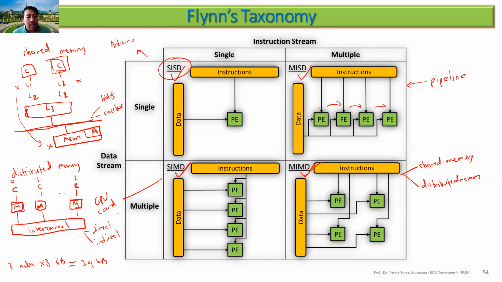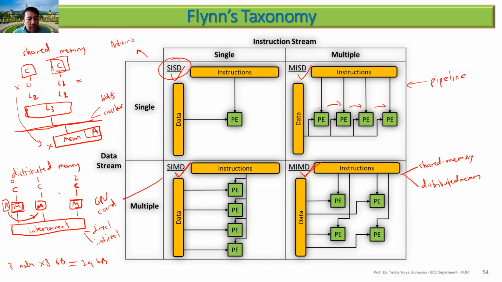But remember that this is distributed, which means the variable defined here is local to this PC. So variable A here is local to this PC. PC number 1 and PC number 2 do not have the variable A, unless it is specifically or officially sent to the other node.